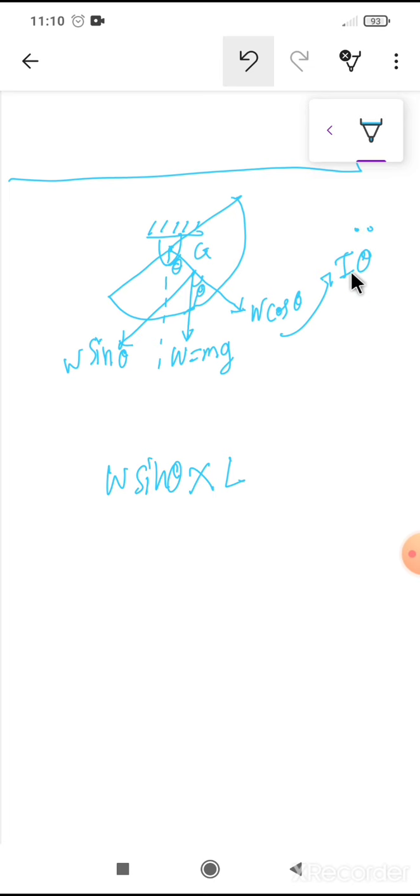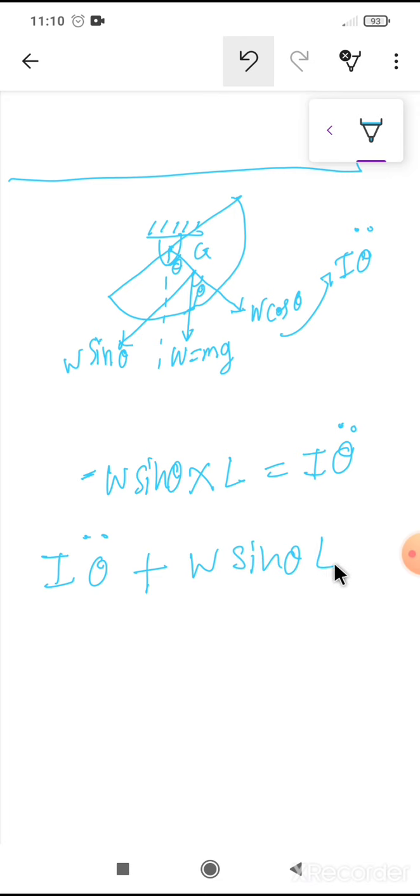If we take the left as negative and the right as positive, this is the same formula we got for the pendulum, so here we will use the same formula. So I theta double dot plus W sin theta L